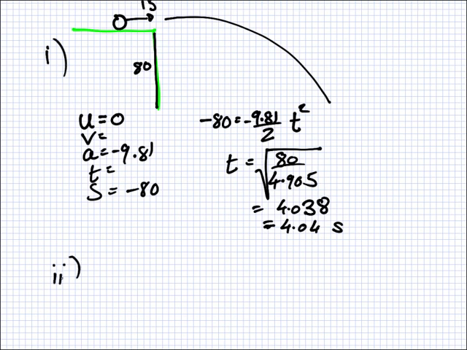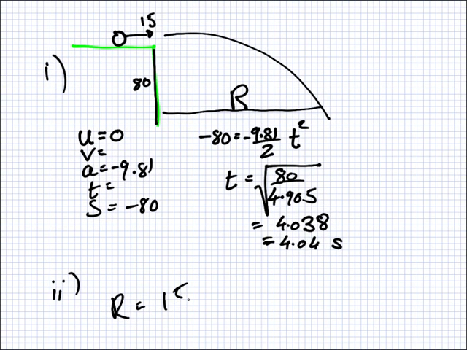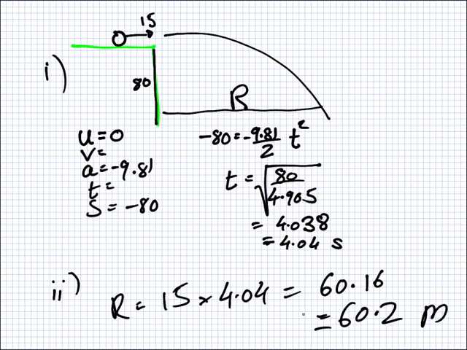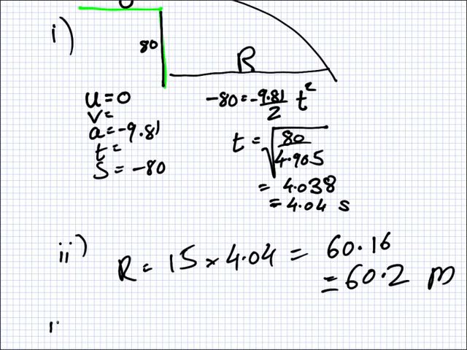Okay. Right. They want now this distance, the range. So the range would equal 15 times 4.04. So what's that? 60.6. Yeah? Okay. And then 3,